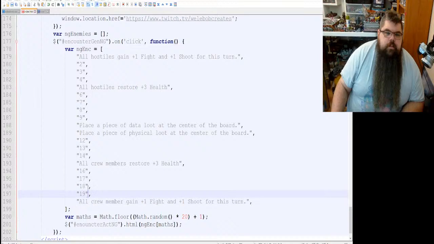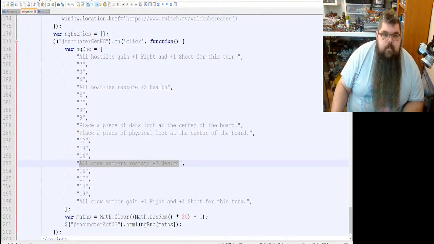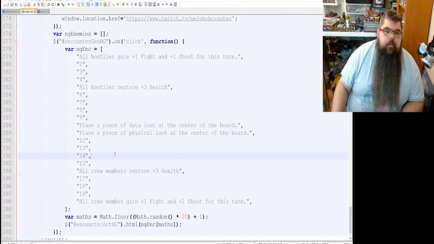So in my brain, these can be hard enemies, these can be easy enemies, kind of thing. Something like that. Okay, so 1, 2, 3, 4, 5. Oh, I see what I did wrong. 16. No, I'm sorry, 15. And then, there we go. Alright, now she's mirrored. Okay. Alright, and then these are going to be positives for the enemy, and these are going to be positives for our guys. Okay, so let's put in one of the enemy ones.